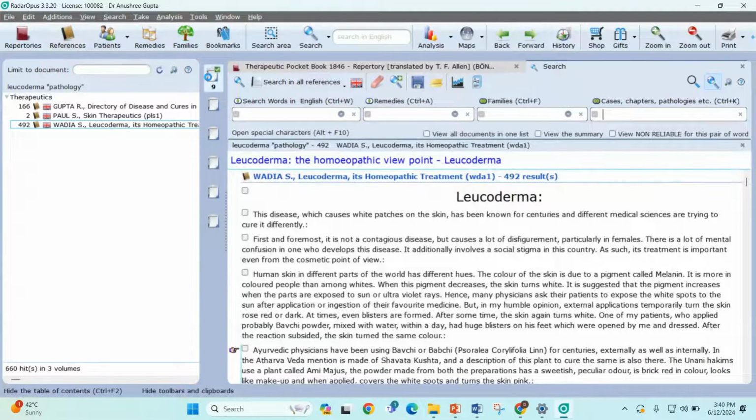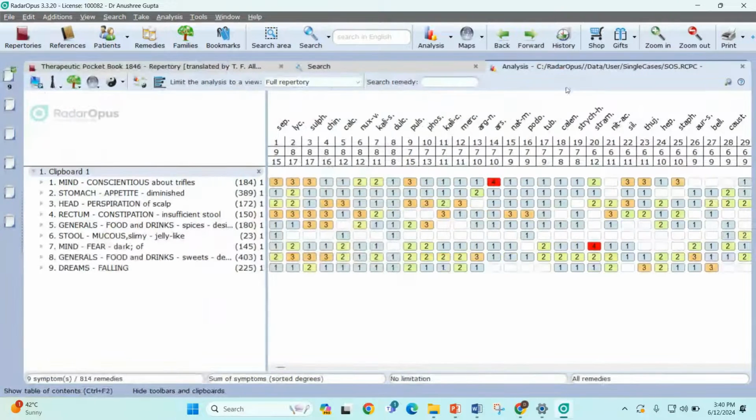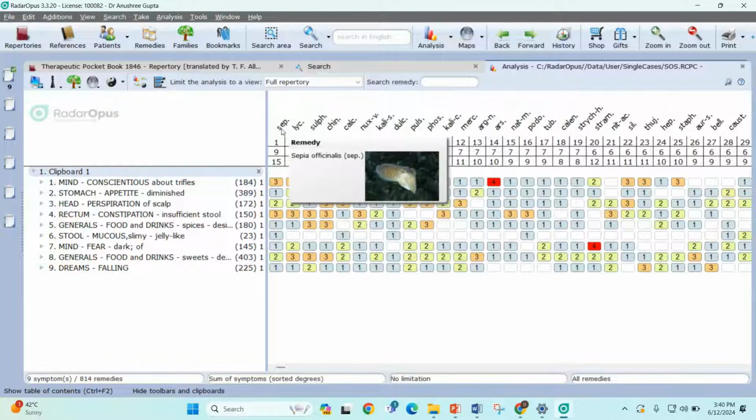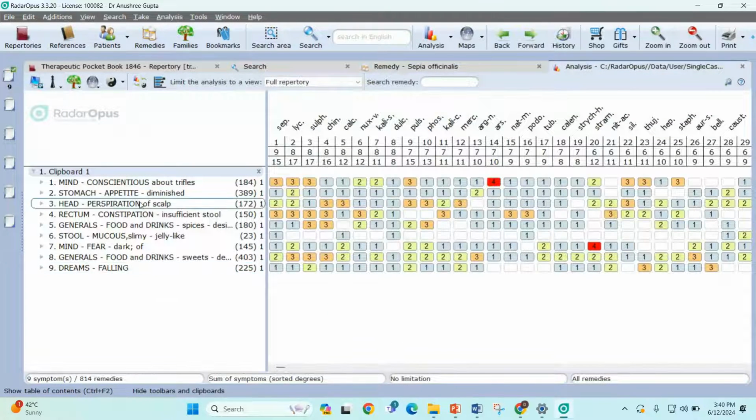If I click on this clipboard, it opens the repertorization sheet. So in this repertorization sheet, this 1, 2, 3, 4 are just the serial numbers of the drugs. This 9, 8, 8 determine the rubrics covered by the drug. This 15, 17, 17, 16 determine the marks gained by the drug. If you just double click on your remedy, it will open in a new page. So you can confirm your remedies from your Materia Medicas just by double clicking on your remedies from your analysis window. Clicking back on the clipboard, you can go back to your clipboard.